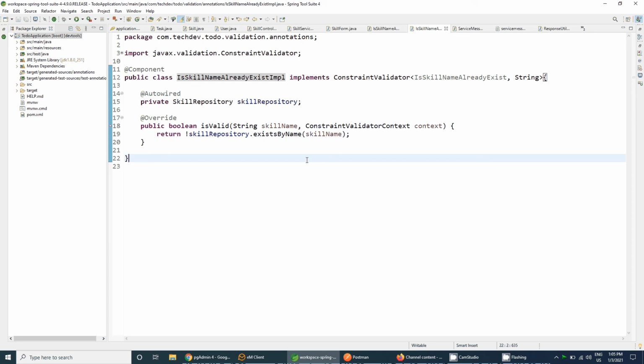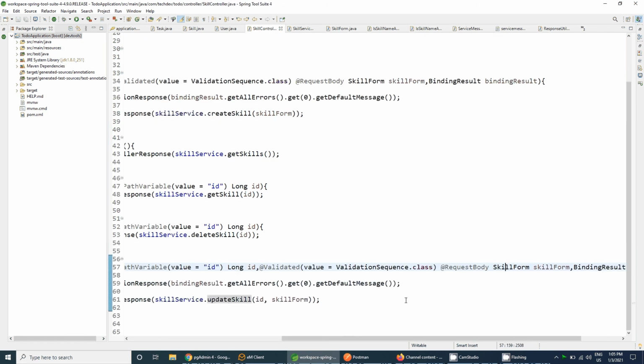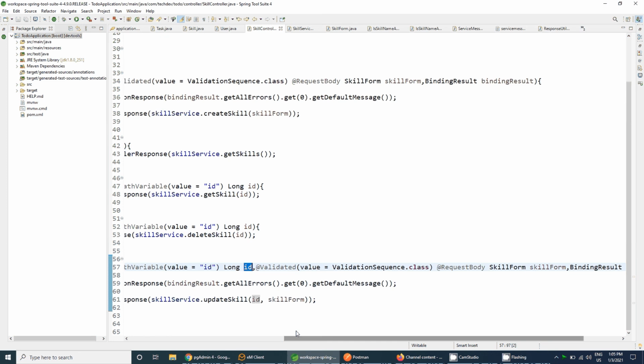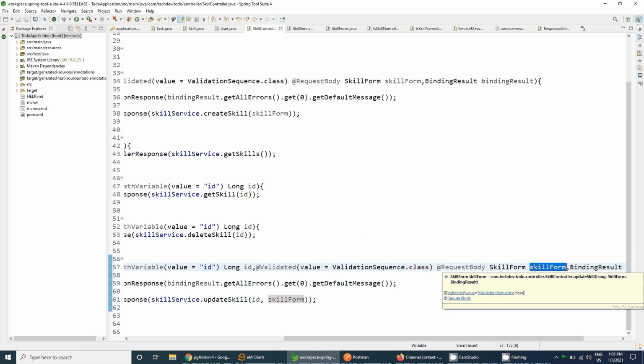But in this update form or post mapping, what we require here is that we also need the id. We need to check first that if the skill name given by the user already exists inside the database, and the object or the primary id is similar to this id, then it should be valid.